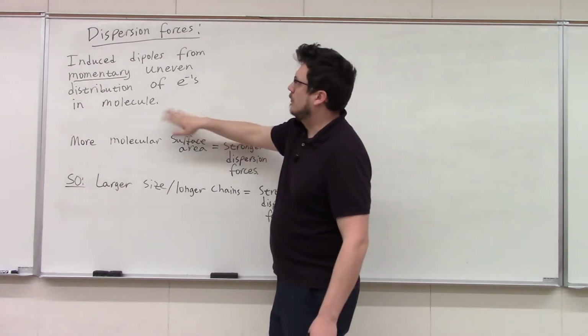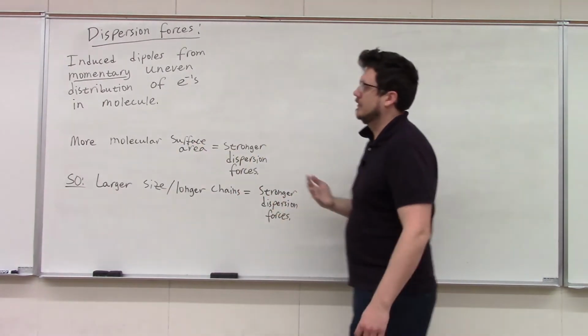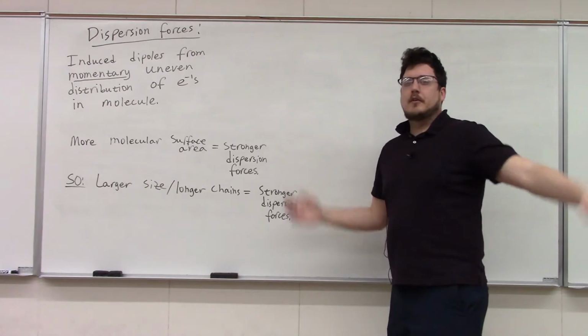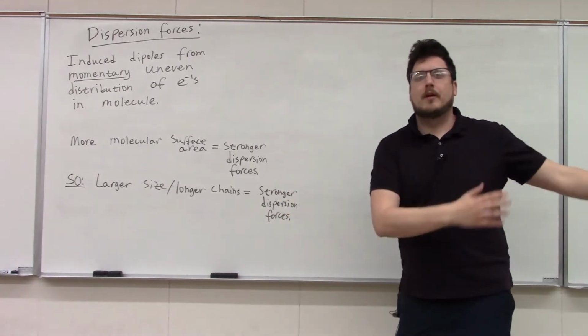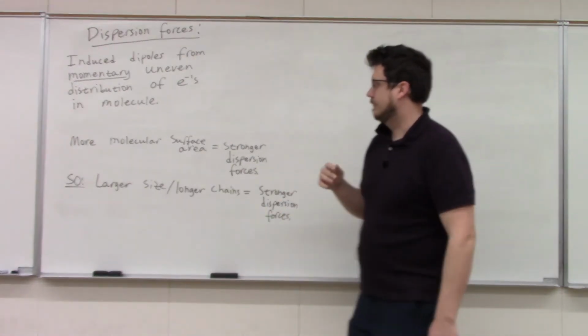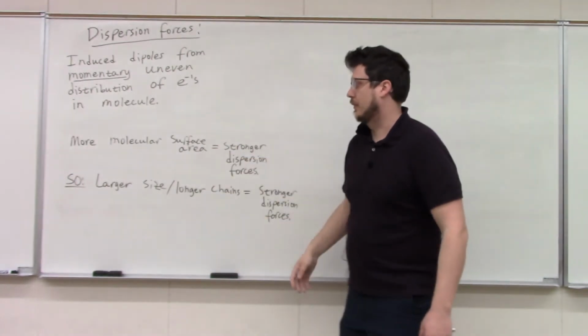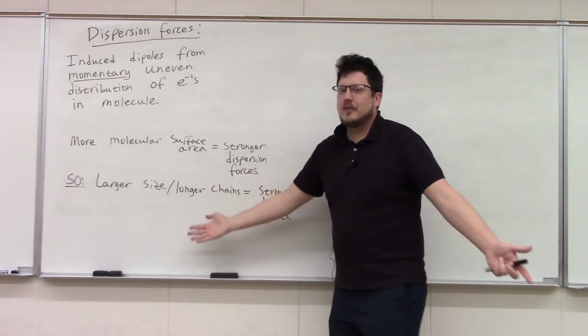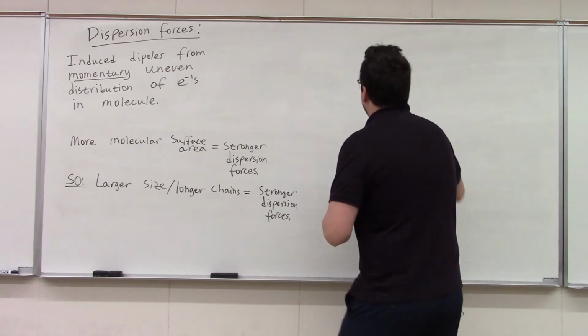Now, what makes dispersion forces stronger? What causes this to happen more? Larger molecules, more electrons, more space for them to roam around in unevenly. That's what does it. So more molecular surface area, which essentially means larger size, larger shape. So for example,